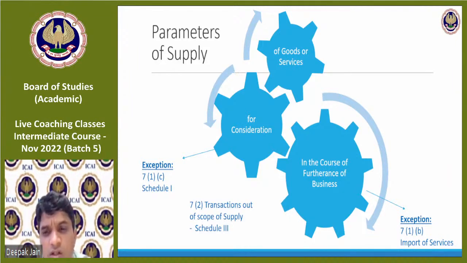So, sir, what is cess levied along with GST on sin goods? That is what we are discussing. This is a compensation cess. Compensation cess is a cess which is levied on sin goods and on luxury goods. So it means that there should at least be consideration and business. Yes, for a general transaction, there should be two things: a consideration, and it should be in the course or furtherance of business.